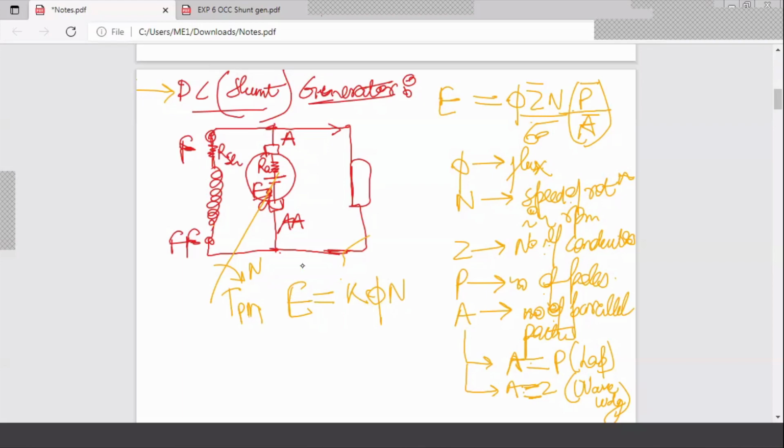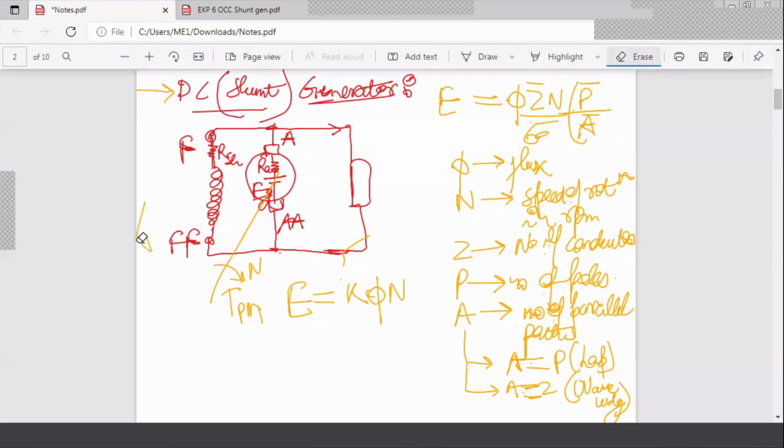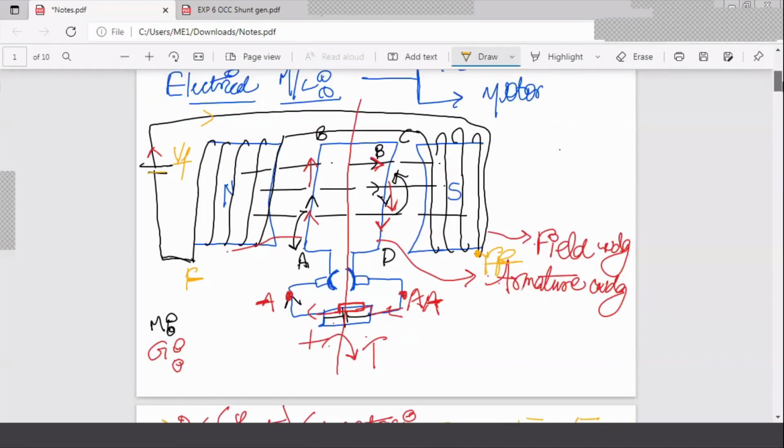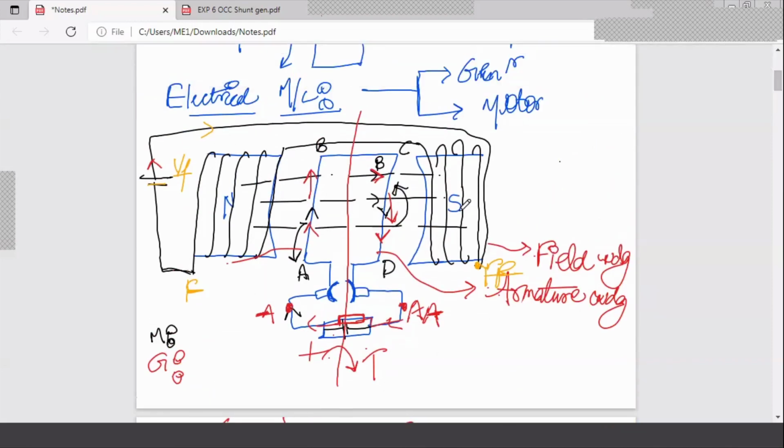Fine. Now let us come back here to how the machine is actually rotating. We don't have any energy source, right? So what happens? We study some properties of magnetic materials. The core of this machine is made of magnetic material. The poles, whenever we say poles, these are the poles. Here we have north and south poles. So two poles are there, north and south.